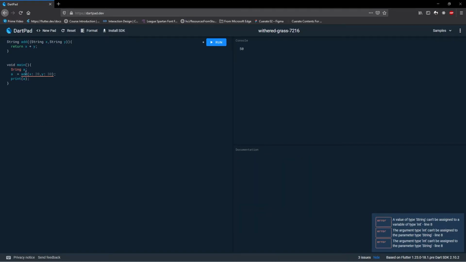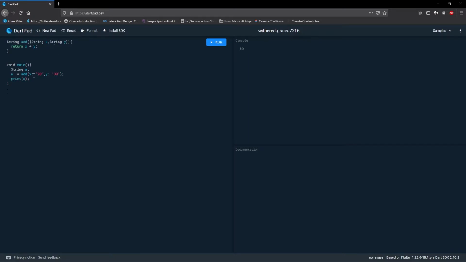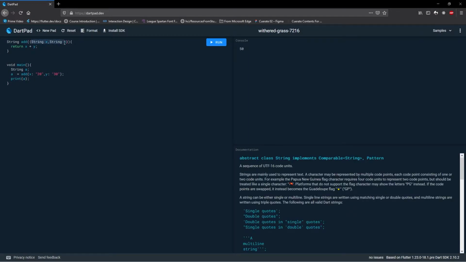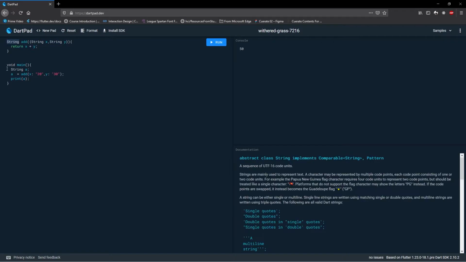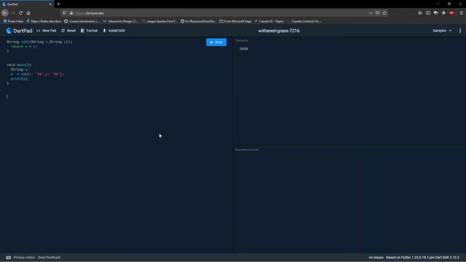So what you're doing is you're going to pass two strings over here. Okay, one second. Let me convert this to strings because it's not going to parse. Right, so I'm passing two strings. I'm adding two strings and I'm returning them. So the data type is also a string. And you also have to accept the same data type that the function will be returning. So if I run this, it's going to print 2030. There we go. So that is how you return values, how to get back values from a function.